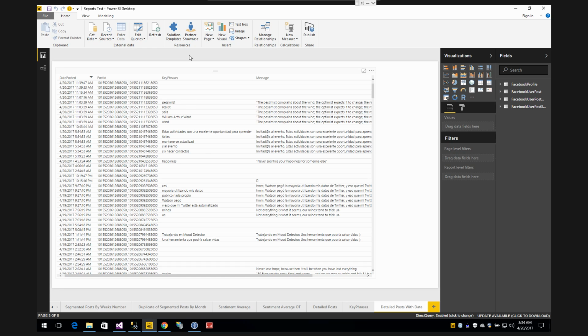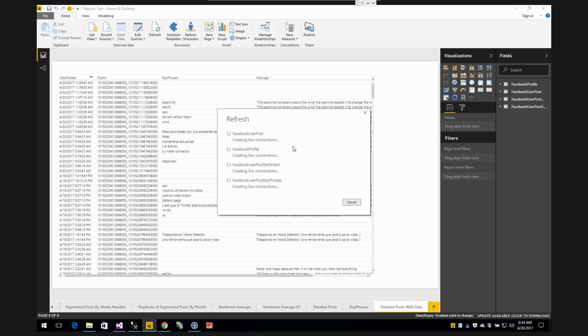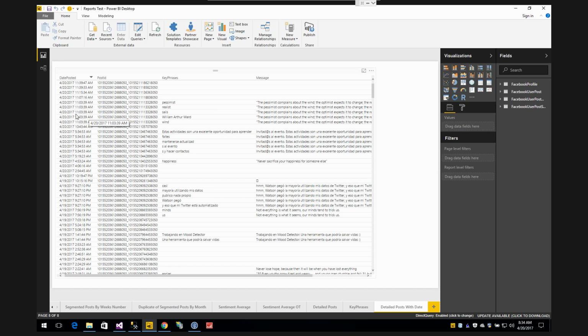So in this report, what we have is the messages that have been posted, the date on which each was posted, and the ID, because the key phrases are actually inserted as a row each, on purpose. So here we duplicate the data. We can combine it, but I was just testing. So I know that all of these keywords are of the same message, and here is the message,